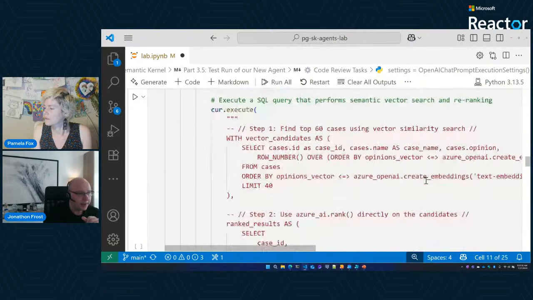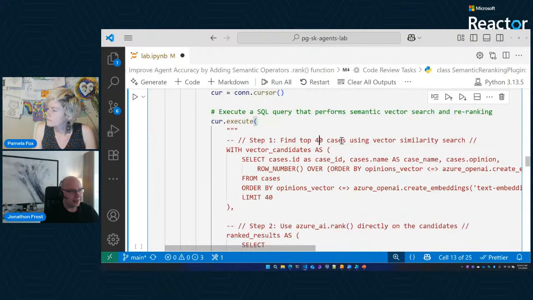What's happening here is that before we jump into the .rank, we are doing a simple vector search, and we're actually doing 40, not 60. Let's do a quick fix in the comment there. So we're finding the top 40 cases using a standard vector similarity search.